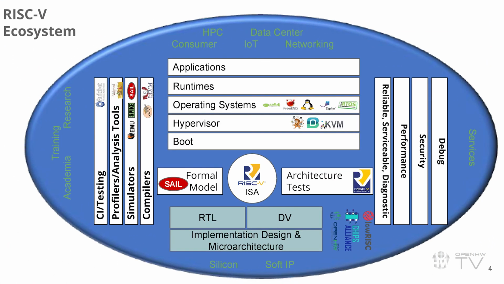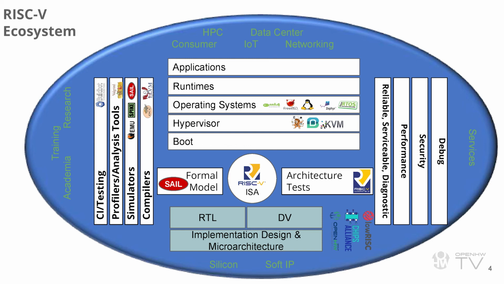The ecosystem that I was talking about, that we tell about these profiles, is on this slide. And you can see in the middle is the RISC-V ISA with architecture tests and formal models. Above it is the whole software stack, and you should be very familiar with those pieces. Those are the pieces we tell about these profiles. Go for these profiles. The compiler flag should have these profiles. The tools on the left target these profiles. The stuff on the right, just so you know, those are attributes.